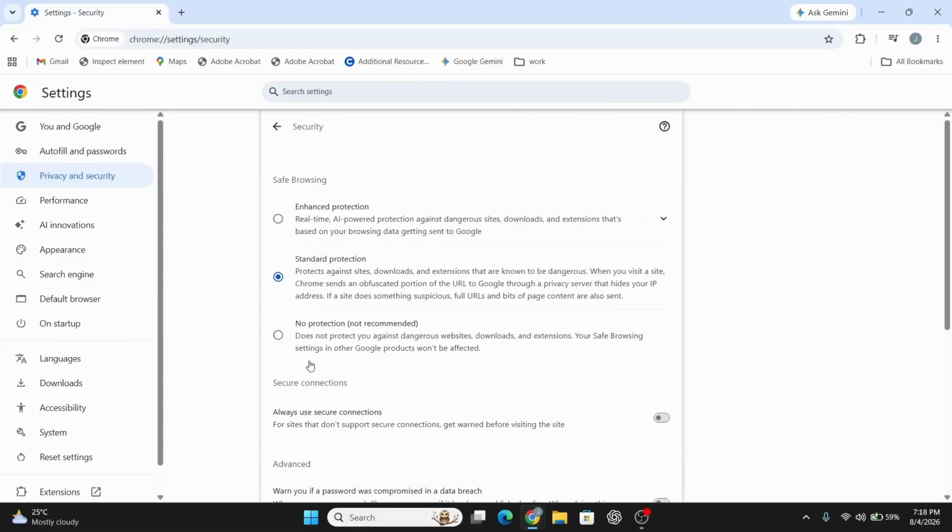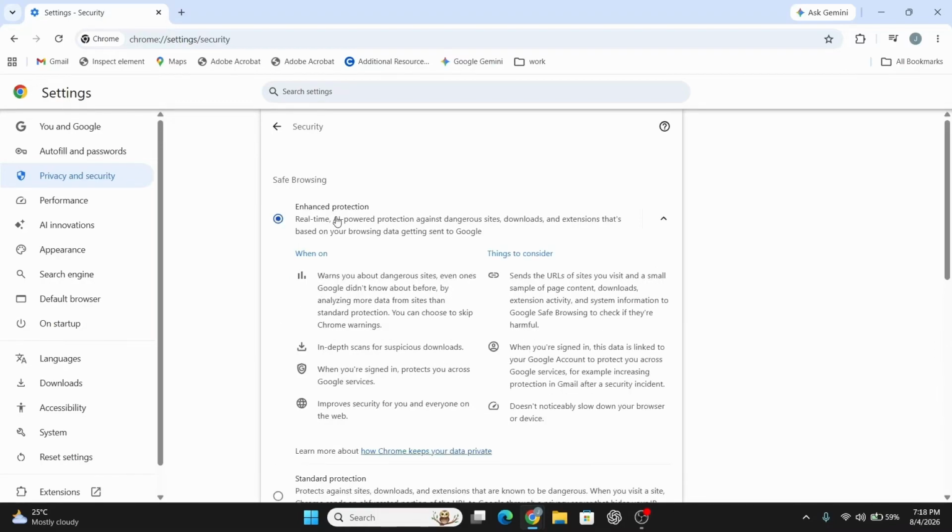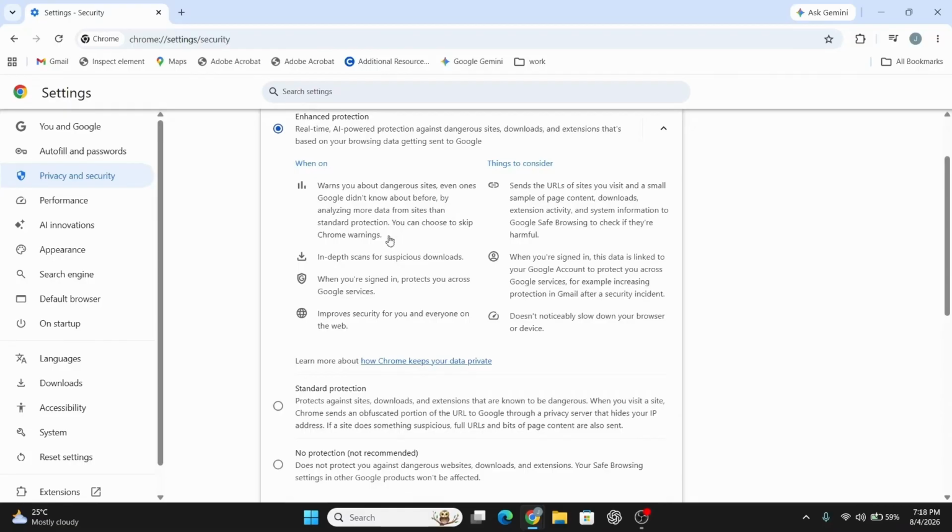Following this, you'll see three options for safe browsing: No Protection, Standard, and Enhanced. Once done, select Enhanced Protection. From here, this option proactively checks websites and downloads against Google's threat data in real time, offering stronger protection than